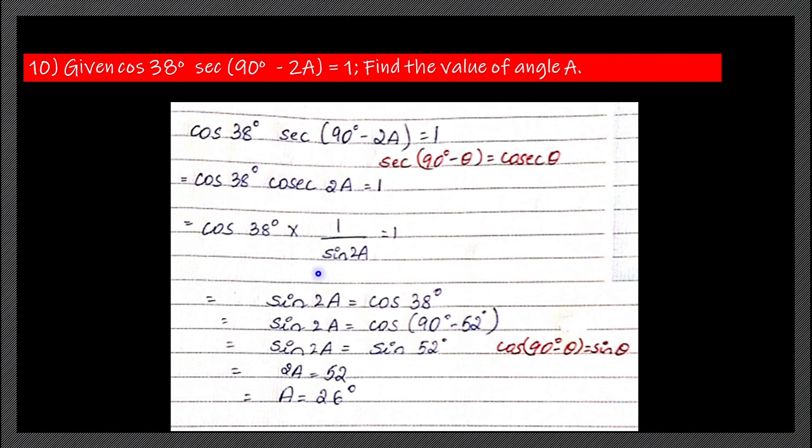Many of them make the mistake of simplifying at the beginning itself. Cos 38, yeah, 90 minus 52. That might not make any difference. You might get the same answer, but I prefer getting into the simplest form first, and then you can simplify it so that you will be easily able to write it properly. Instead, if you start cancelling the sine and the 2 like that, you end up getting wrong answers, or a different answer, but you won't be getting the answer as expected.